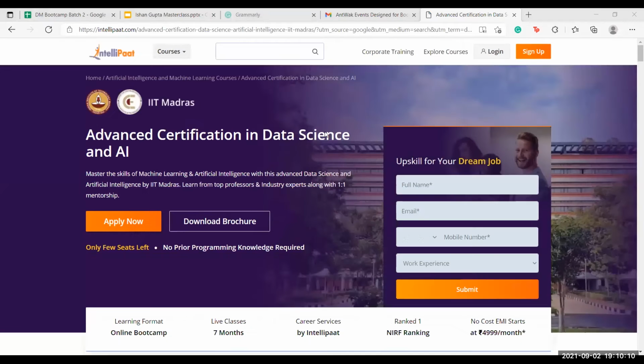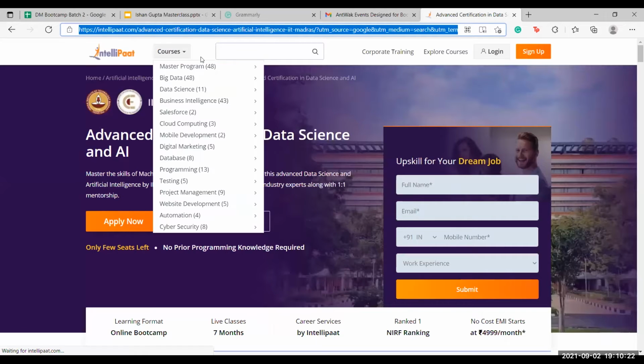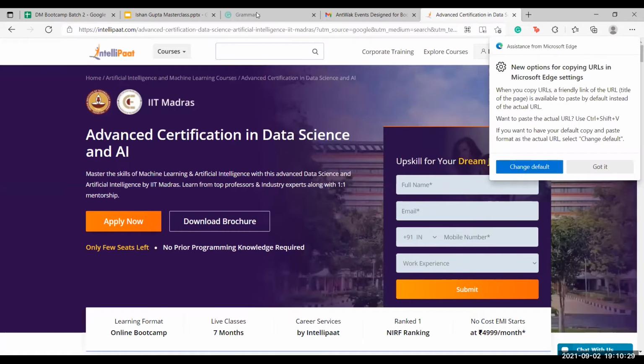So if you closely look at the URL, can you just highlight the URL that you've got here? Maybe do you want to copy it in some separate window so people can clearly see it? Let's say Notepad. One second.